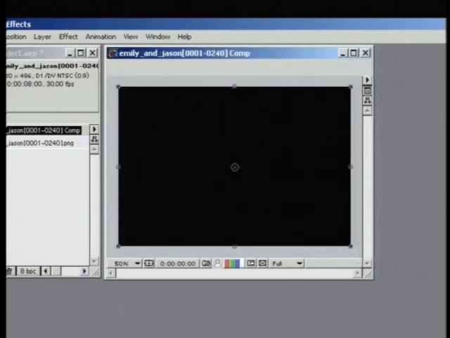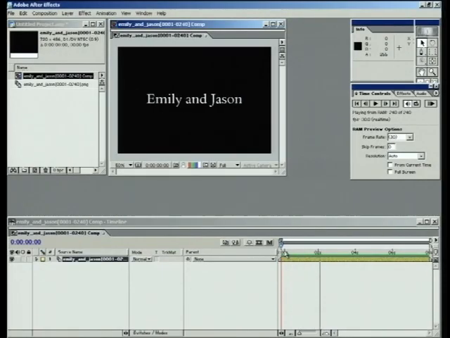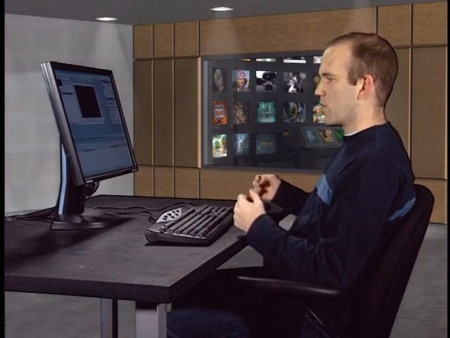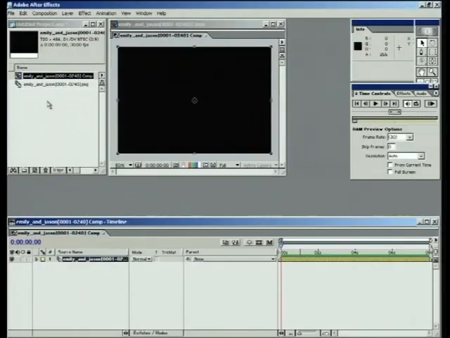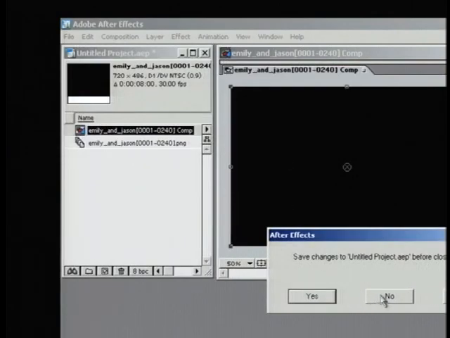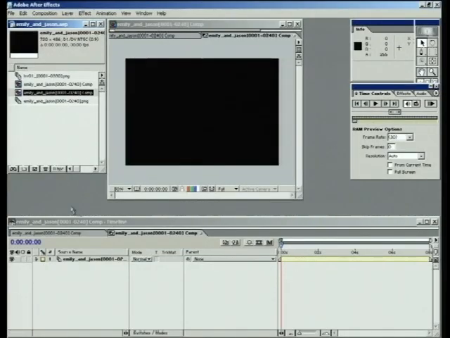Okay, so we could probably get away with it just on black like this. I think it's got a nice classy look to it, black and white, and I think we could get away with it. But you know, sometimes you might want just a little bit more. So let's see what would happen if we were to put this over a background. I've got a scene already saved called Emily and Jason, in which I've taken